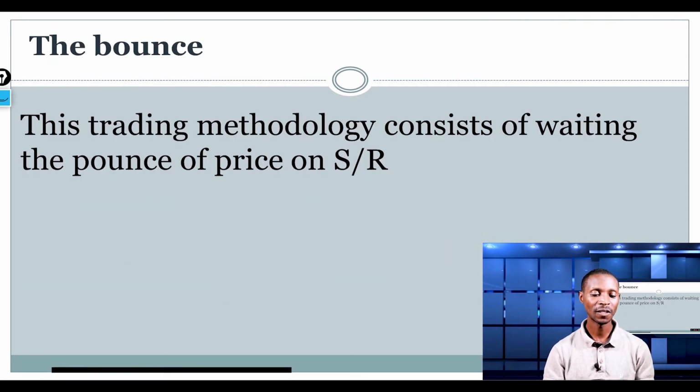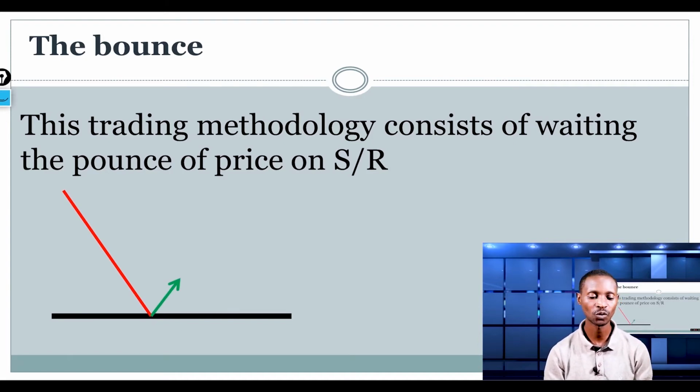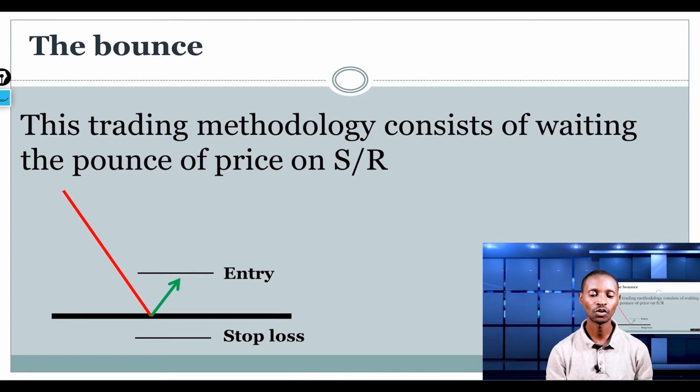For the bounce, let's say you have a strong support in a downward market. So here, if you know that this support is strong, what you are going to do is wait for a bounce signal, and this is the candlestick pattern which is going to help you know whether this support is holding. And once you see the bounce, you will enter after the bounce and you will set your stop loss below your support. That is what we call